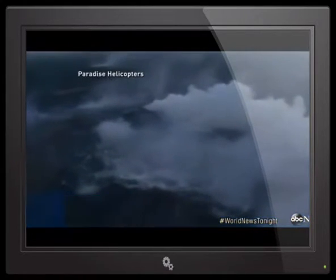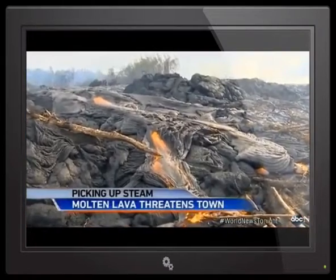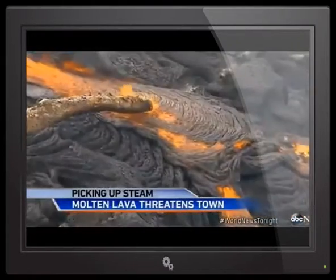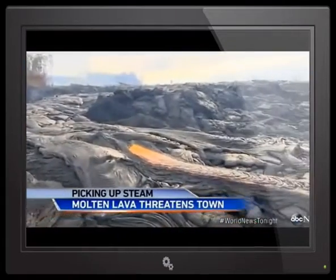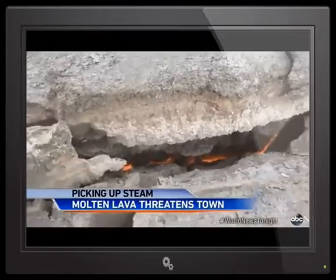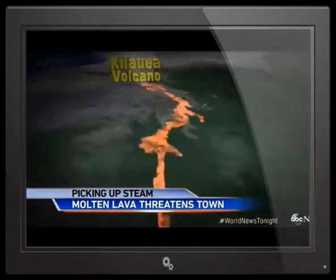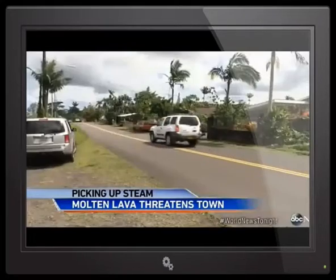Tonight, a powerful volcano that helped create the big island of Hawaii is now threatening thousands of people who live here. A river of red-hot lava quickly oozing the length of 6 football fields in just the last 2 days. You can see just below here, in these cracks, is actual molten lava. The flow erupted from the Kilauea volcano in June, traveling downhill 11 miles, now less than 1 mile from the